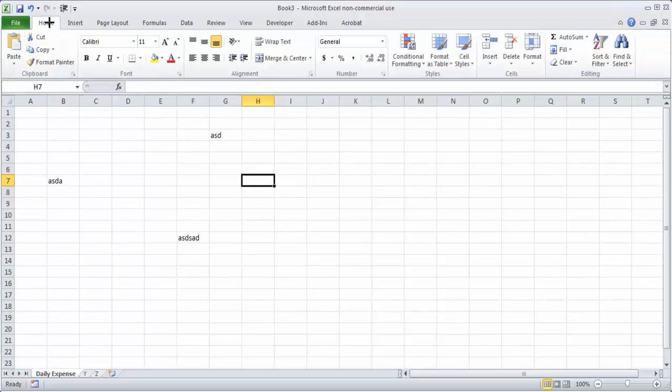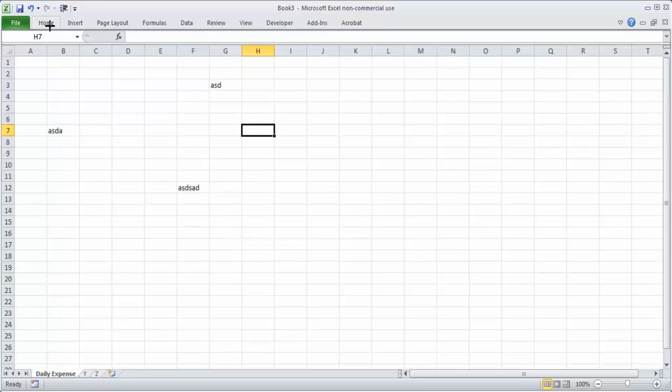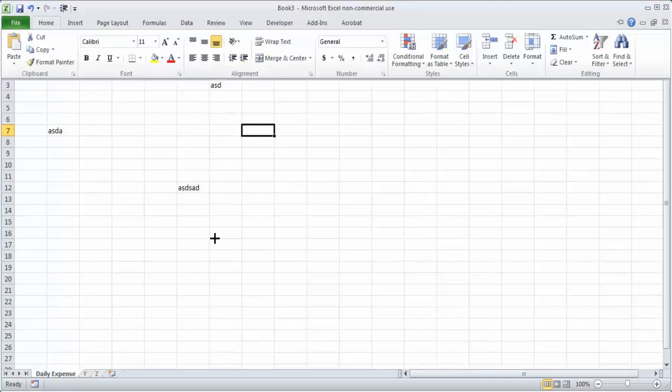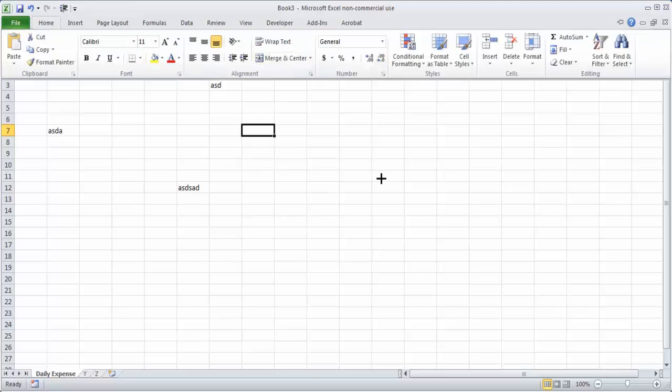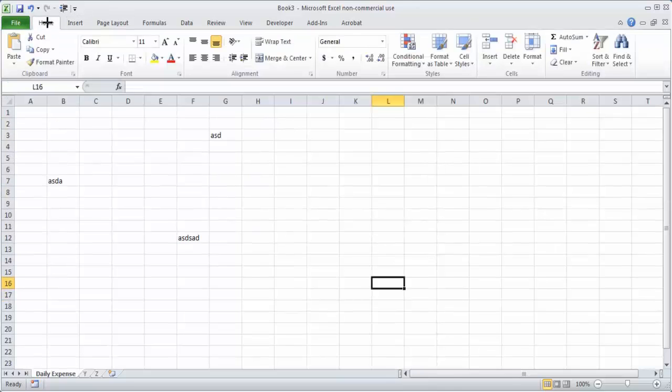In Excel 2007, if you want to remove it, you just have to double click. If you click once, it will be hovering. Whenever you want, you will see it, but once you are out of this area, it will not show. So double clicking will make it permanent. That is the idea.